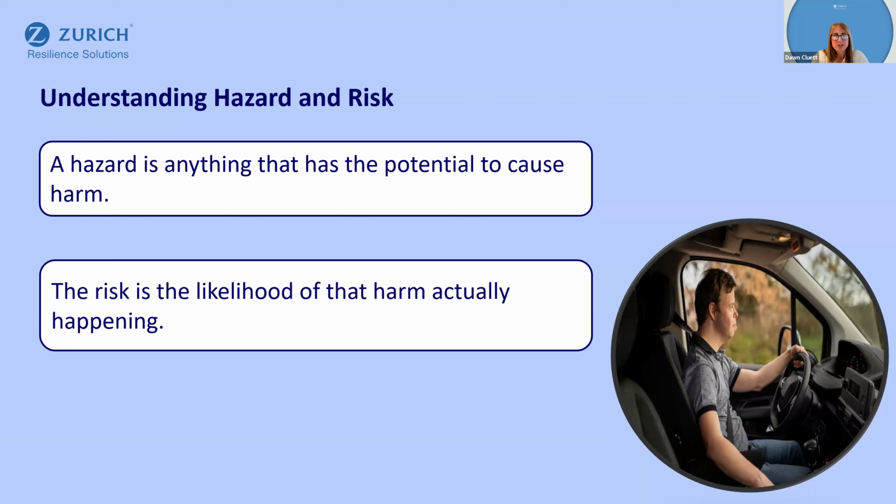First of all, we need to understand the definitions of hazard and risk. So a hazard is anything with the potential to cause harm. The risk is the chance, the likelihood of that actually happening. So in one example of a hazard and risk for perhaps a volunteer carrying out a garden clearing job could